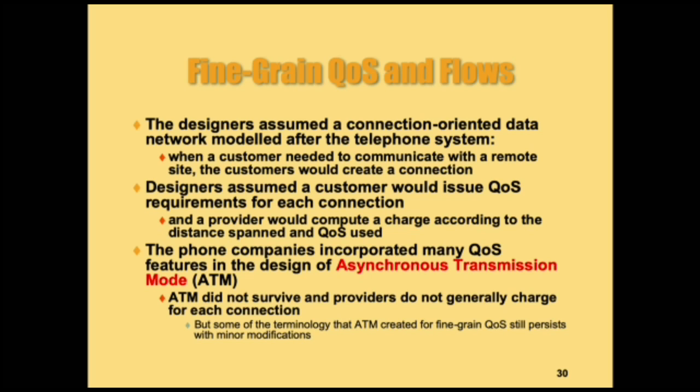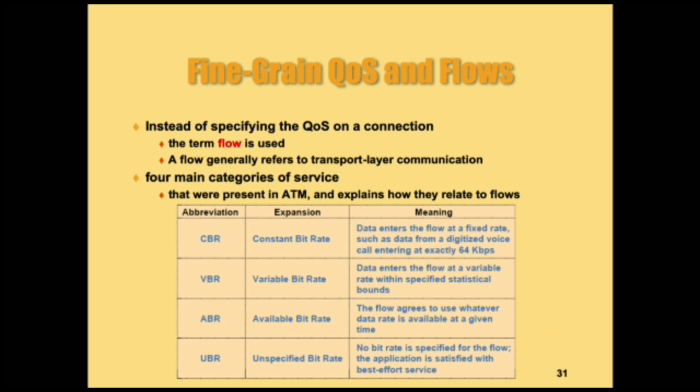This is the idea from the telephone system, where we want to give each telephone call, that would be each connection here, a certain requirement in terms of data speed and delay. If we look at the types of requirements that we can ask for, that is something that has lived on through these old types of networks. So the terminology is still used, where we talk about different levels or different types of services that we can ask for from a network. So, constant bit rate